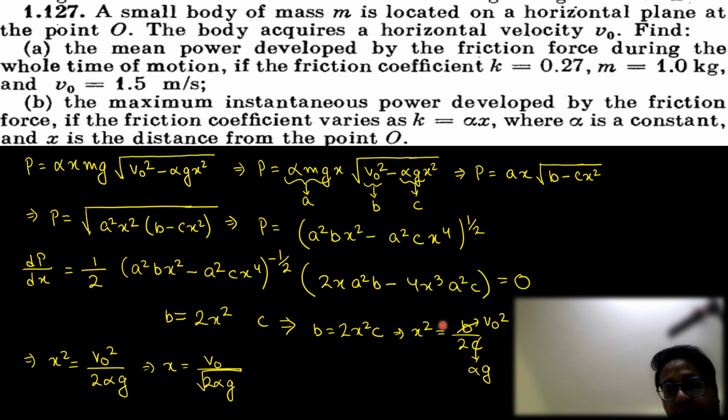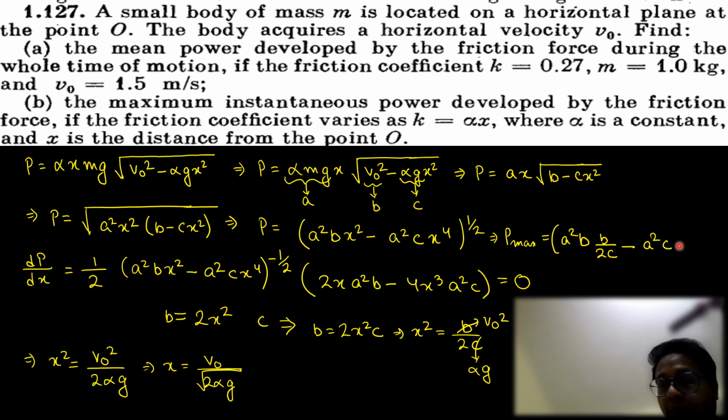Or let's substitute the value of x square equal to b by 2c in this equation. P max is equal to a square b into x square. X square becomes b by 2c. Why? Because for maximum power, x square is equal to b by 2c. Minus a square c,